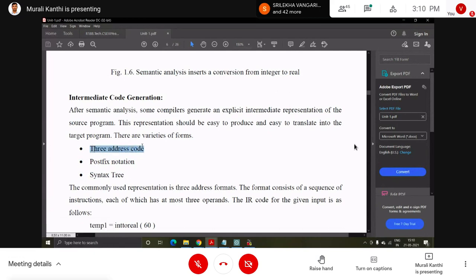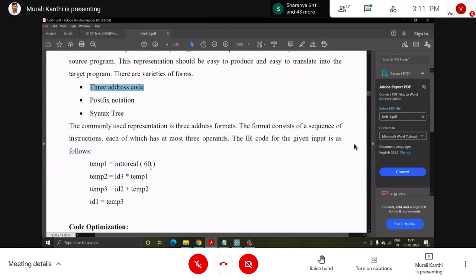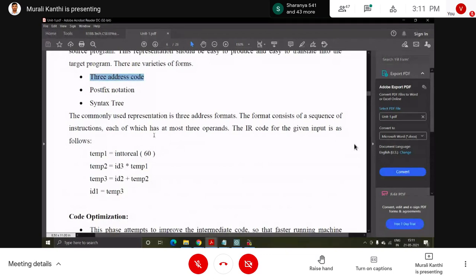Three address code, the name itself indicates that three operands are used, at most three variables. Either you can use one variable, or two variables, or three variables. More than three should not be used in the evaluation of an expression. That's why it is called three address. So three variables, three locations are used to perform that operation. So three address code will be like this. What is that? Position equal to initial plus rate into 60.